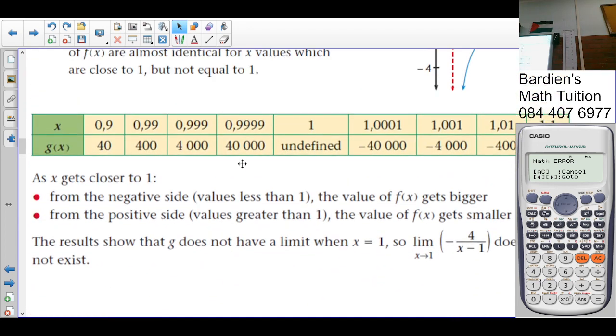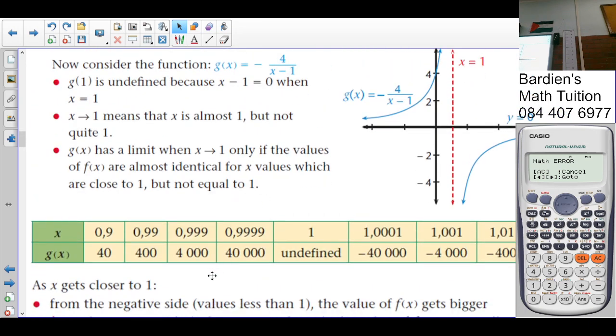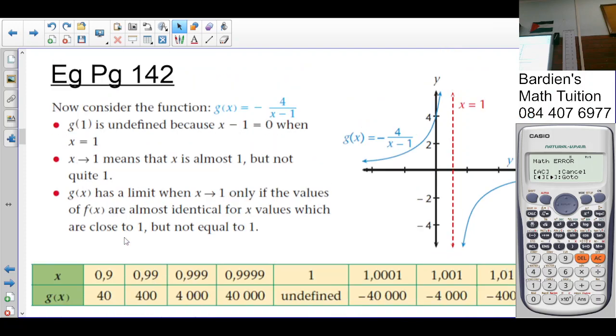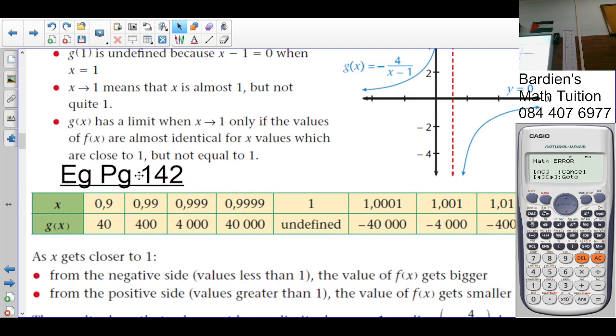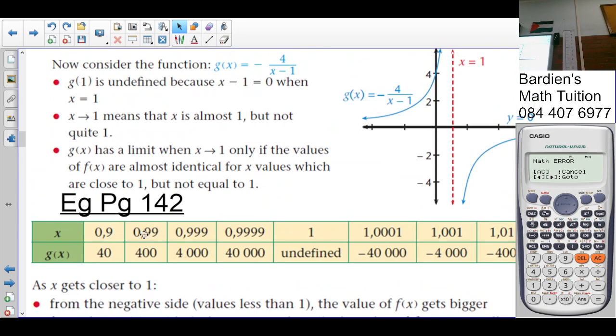And here's a table. As you can see here, what they did was they took values from the left hand side approaching 1 and took values from the right hand side approaching 1. So what you notice as it's approaching 1 from the left hand side, the number is getting bigger and bigger and bigger, which means to say it's tending to infinity. From the right hand side, what do you notice? The number is getting smaller and smaller and smaller. So since the value on this side is not equal to or identical to the value on the other side,